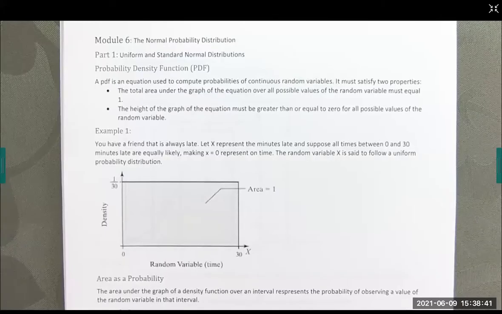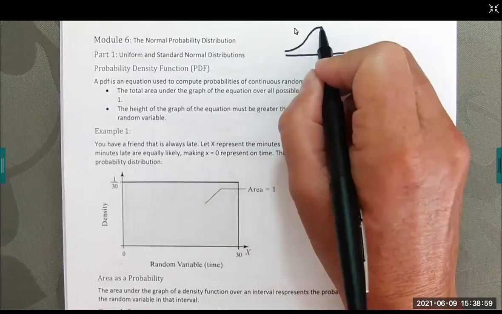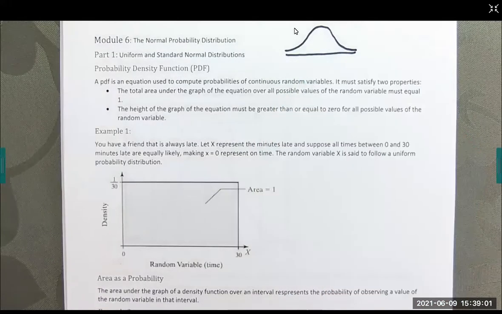Welcome back, everyone. We are at chapter 6, module 6. We're going to be going through part 1 today, and today we're introduced to the normal probability distribution. Now, we've talked a little bit about normal distribution. Often we've seen this bell shape, and we're going to see it a lot today, for the rest of the